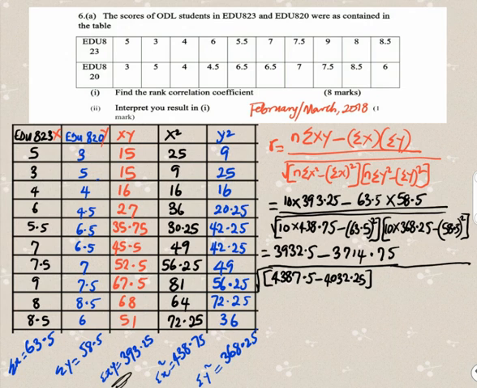This is going to be multiplied by 10 times 368.25, which will give 3,682.5, then minus 58.5 squared. That will be 3,422.25. All right,